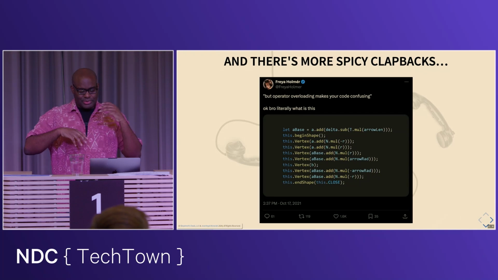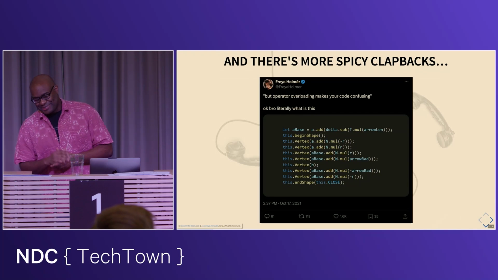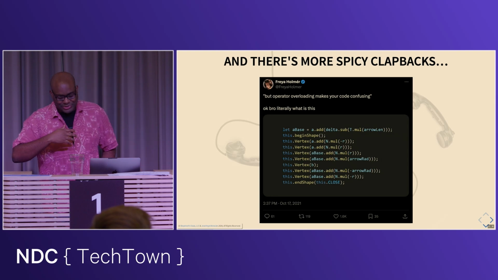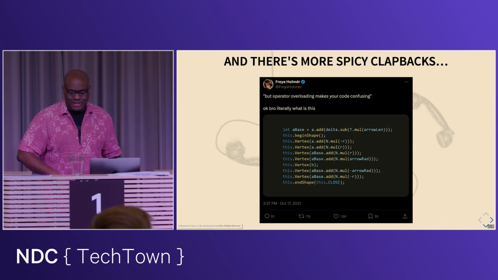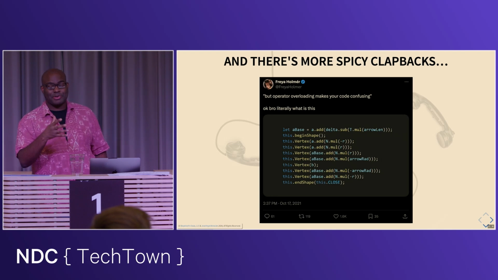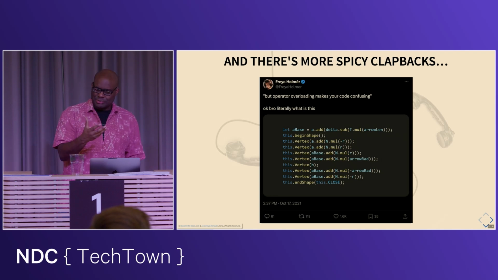Of course, there's the more spicy way of looking at this, right? So this is Freya Holmer, who is an extremely talented graphics developer, compiler developer, foremost in her field. And Cheese does a lot of graphics programming, obviously, and so this is just some syntax. This is more of a C# syntax, or sorry, this is more JS syntax actually. This is using function calls to do a bunch of basic vertex math, and as you can see, it's very verbose, and some of the